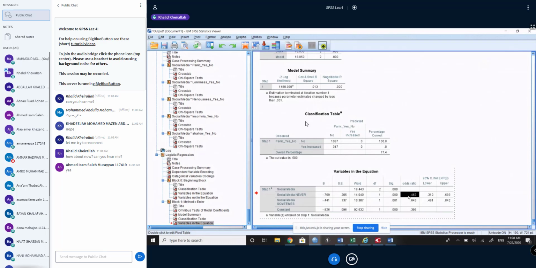We said the reference group is all the times. Those who never use social media will have a lower risk of developing panic, and this lower risk is estimated as 0.462. Now those who watch it sometimes, they have a 0.6 times lower risk of developing panic compared to those who watch it all the times. Okay, now